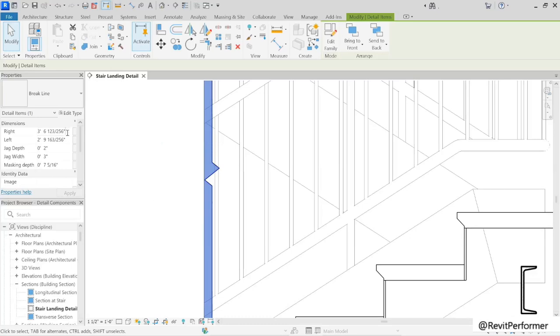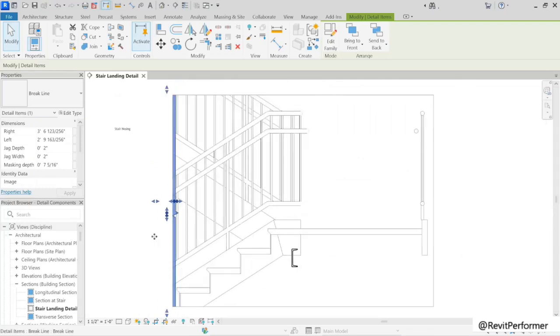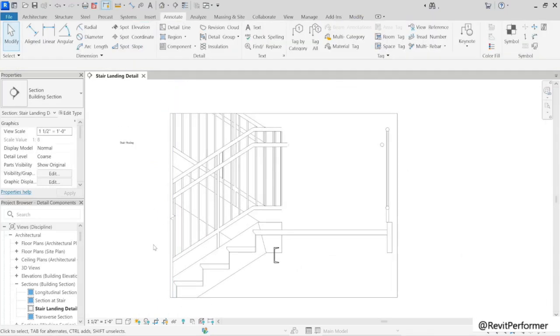I usually like to do that here on the properties palette by just typing in numbers. So this number left and right, those are the grips that I just stretched to change the length of the overall. But here, the jag depth and jag width is what you can adjust to start changing the proportion of the shape of the little zigzag shape there. So I'm going to reduce the width just a little bit. I'd like it to be a little narrower. So I'm going to use the same number for the depth, 2 inches imperial or 50 millimeters in metric should be pretty close. And then there's that break mark.